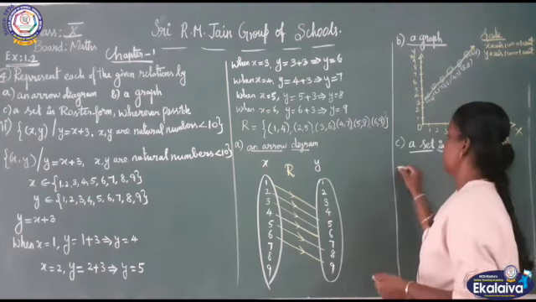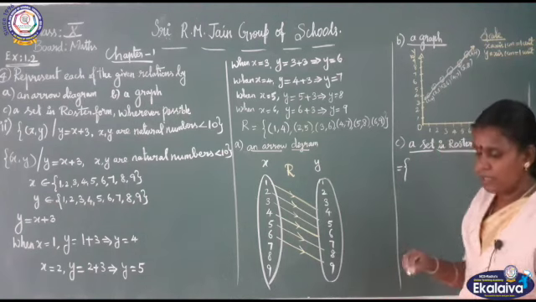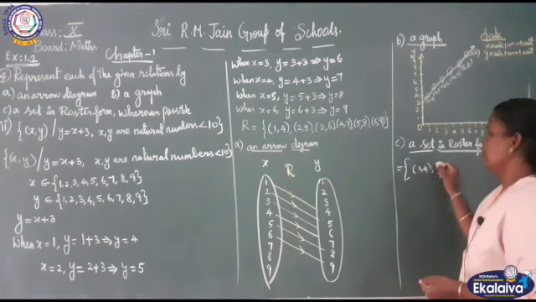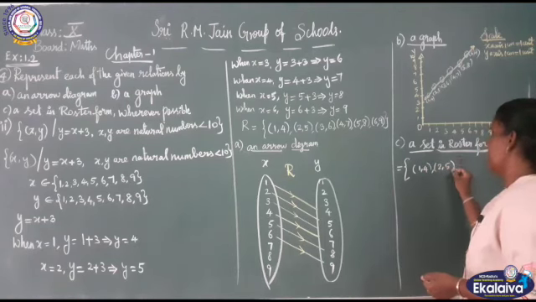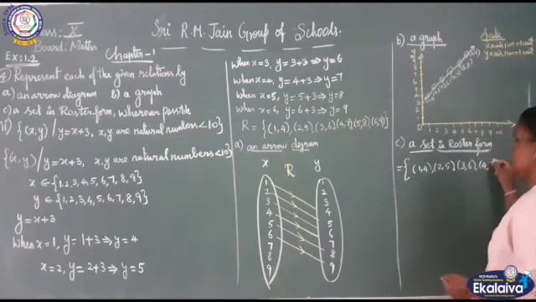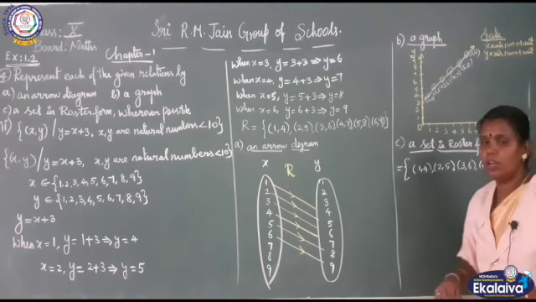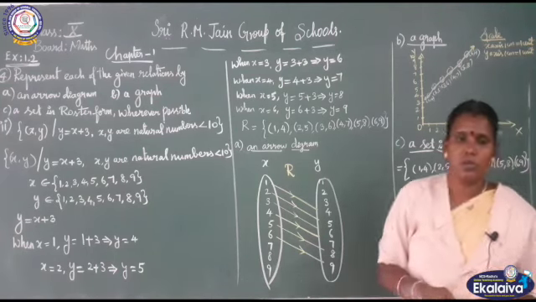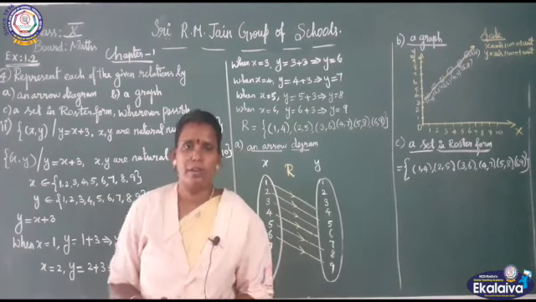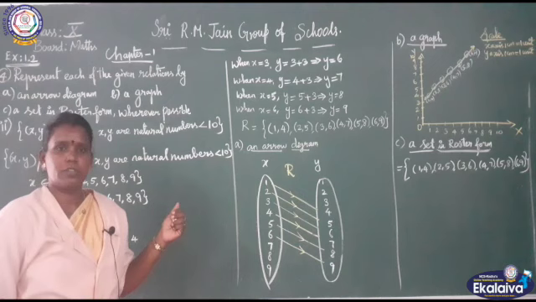We have to write the set of all ordered pairs as (1, 4), (2, 5), (3, 6), (4, 7), (5, 8), (6, 9). This is the set in ordered pairs. Are you clear, children? So with the same question we are doing 2 subdivisions. Any doubt with this 4th sum? Shall we proceed with the 5th one?